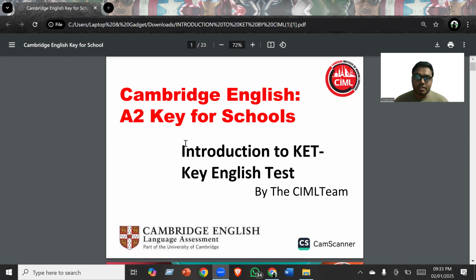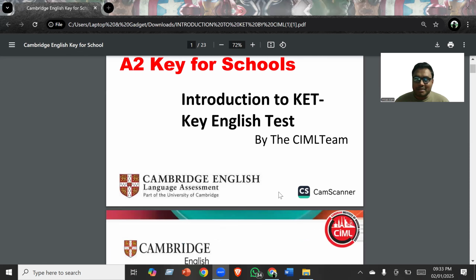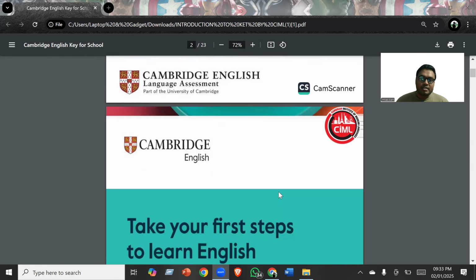Now, in today's presentation, which is made by the CIML team, through page by page we will talk about all the details and all the information related to Key for Schools. You can see the first page, and that is Introduction to KET. KET means Key English Test, by the CIML team. This whole presentation has been made by my team, basically, and we are going straight to the